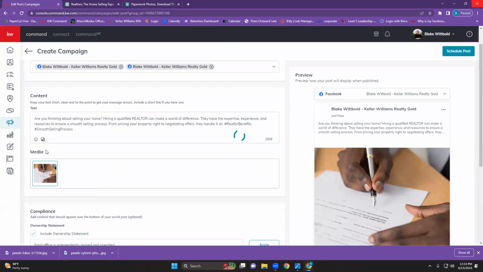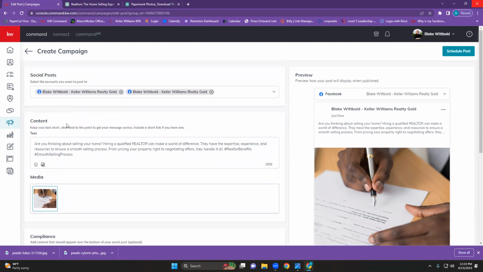So I want to add a photo in the lower left-hand corner of the content box right here. There is a little picture that says add media. Sorry, where's the content box that you're talking about? I'm on social post. Okay, let me see where you are. In social posts. Is it create campaign? Oh yep, click create campaign and social post. Oh, that's a paid ad. So, create campaign, social post. Oh, you have to connect your Facebook, so,